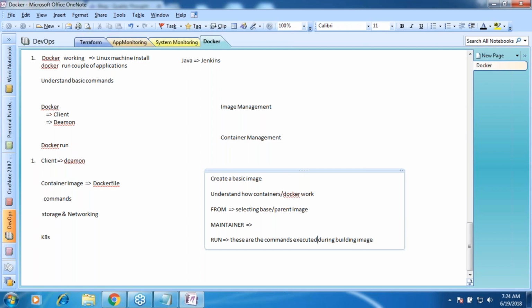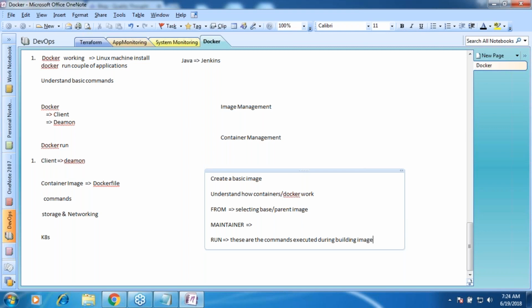All right. So for example, if I want to build the Tomcat container, my run should do the steps which should bring Tomcat into that. So run contains the instructions, consisting of commands which will be executed when you are building the image, right?